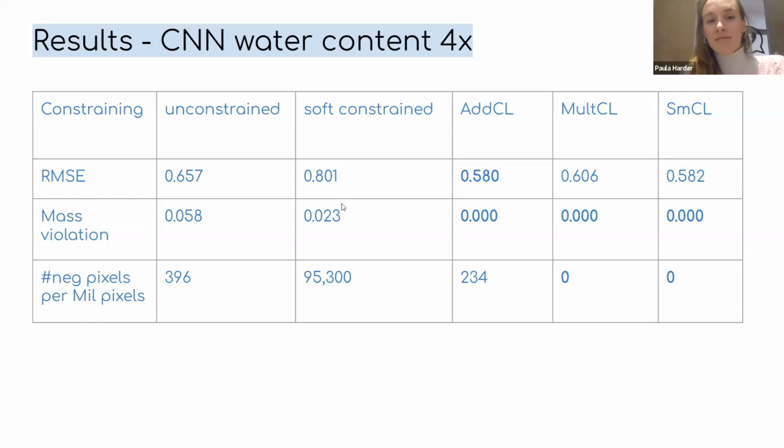So I guess it just ends up in the wrong area of the loss landscape, but I don't know exactly why. I mean, for why the hard constraints are so much better, here it's by construction just guaranteed that the mass violation is zero. The neural network doesn't learn that. It's just forced to only look at solutions that obey the mass constraints. So there's no skill basically for that.